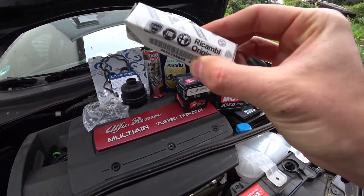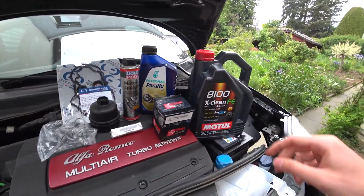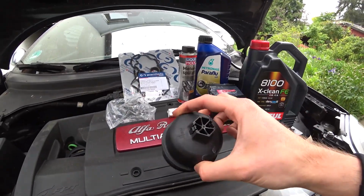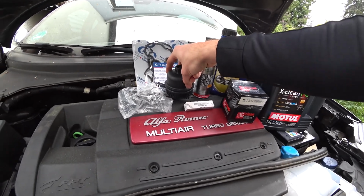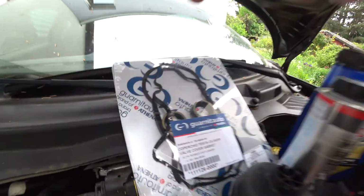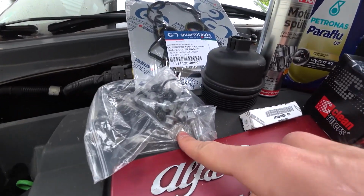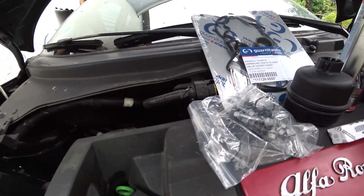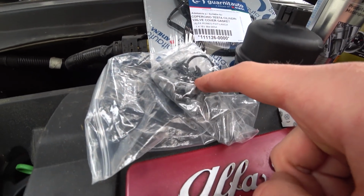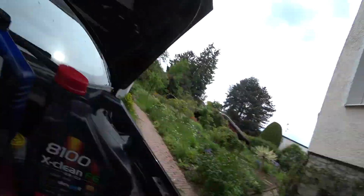This tiny little thing is the multi-air filter, it sits in here. You're going to see that soon. Of course, we are changing the oil filter. There is a new oil filter cover because I broke mine. We of course have a new rocker cover gasket, including spark plug gaskets. We have new, don't mind the black ones, they're just for the engine cover underneath the car. We have new bolts for the valve cover. We also have new